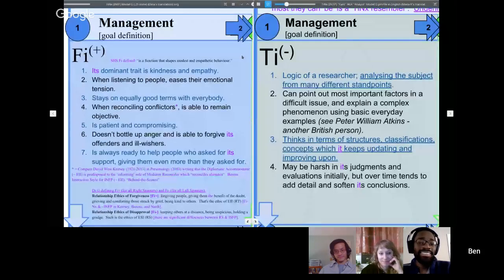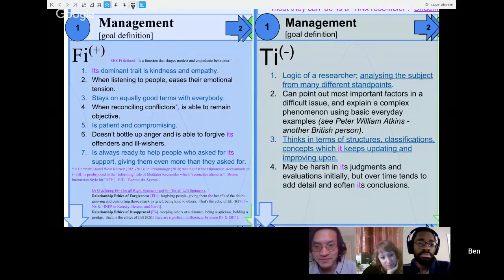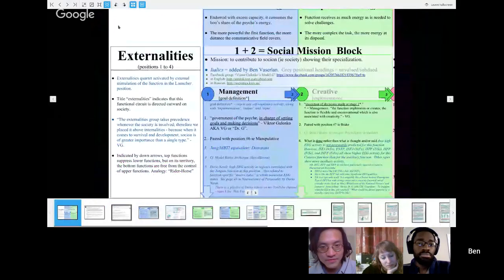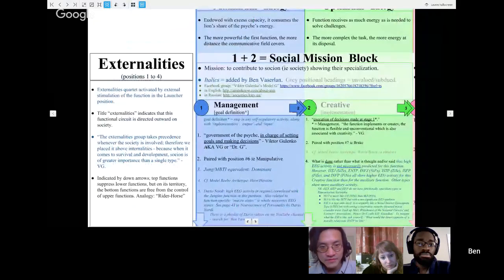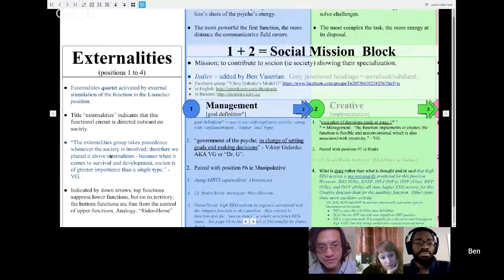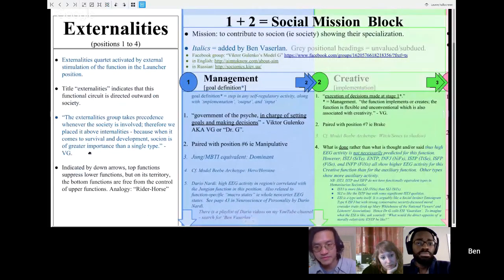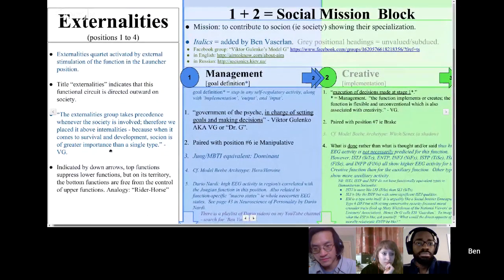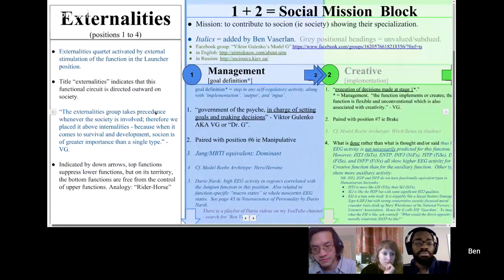So I've lined this up as we're talking about the lead functions compared to each other. So INFP on the left, INTP on the right. What we can do is just talk about some of the theory of the lead function. It's probably the simplest thing in Model G, where it's the same as the dominant function, but it's an externality. And so it's got a wide scope of use because it's somebody's main thing.